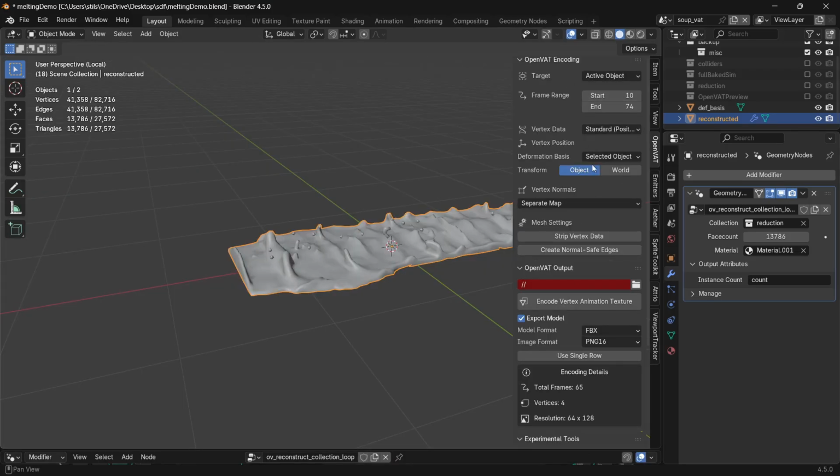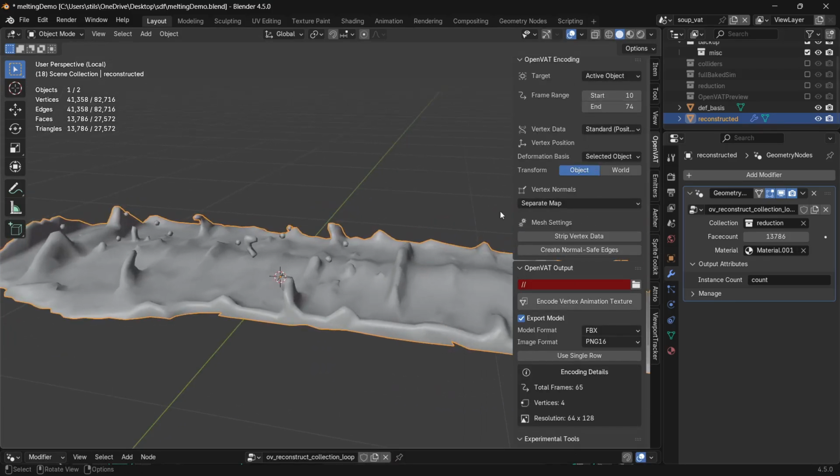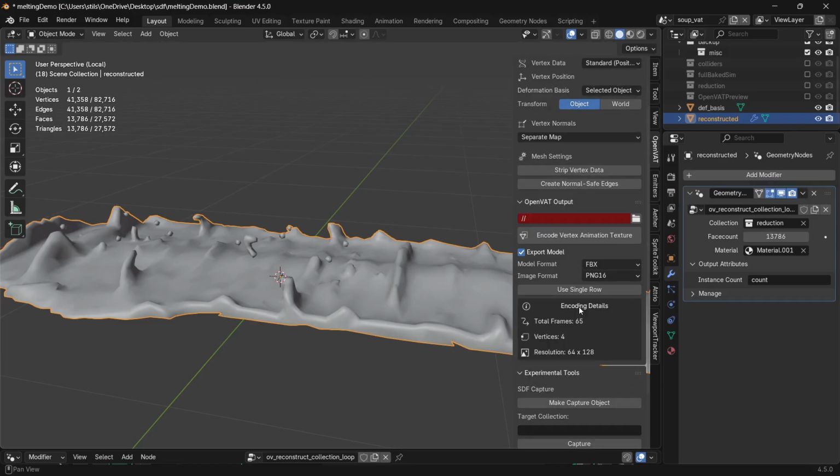When we encode this in OpenVAT, all of our settings are pretty normal. I'm using a separate map for vertex normals when I encode this. My transform is set to object. I encoded this with the PNG16 method. The most important thing in encoding